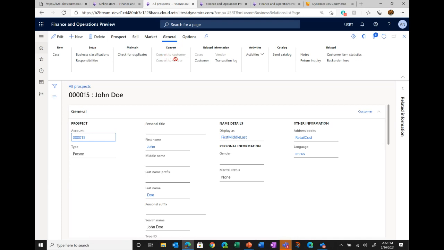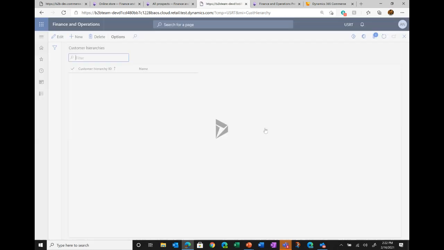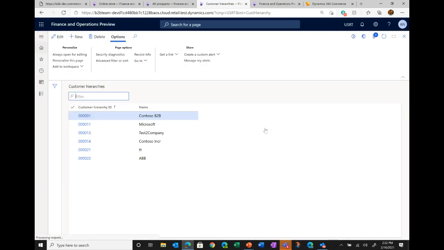system. The moment the prospect is approved, there are a couple of things that we do. We create the customer records in the system. And when I say customer records, we actually create multiple customer records in the system. We create a customer record for the organization. So in my example, John Doe was a person who submitted a request on behalf of Contoso. And when that request got approved, the system creates a Contoso customer, and the system creates John Doe as a customer. So it creates Contoso as a customer of the type organization. It creates John Doe as a customer of the type person.